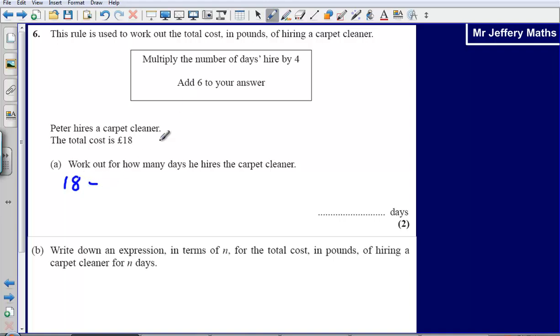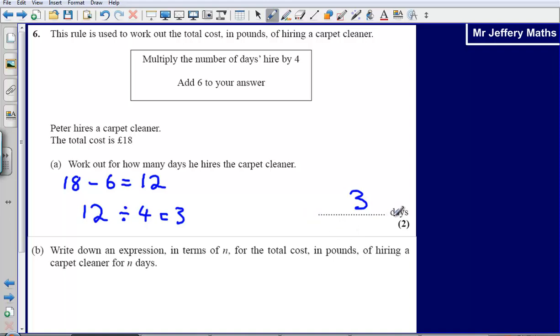The last thing that happened was add 6, so let's do the reverse of that and take away 6, and that gives us 12. Then the first thing that happened was it was multiplied by 4, so let's undo the multiplication by 4. That gives us 12 divided by 4, which gives us 3, so that means that it was 3 days